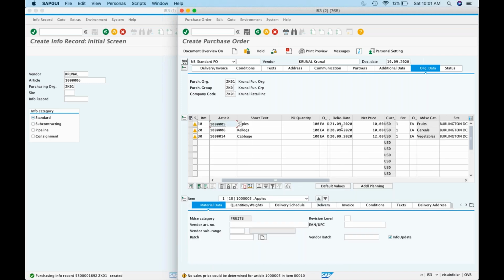Sales price is not maintained. That's just a warning. That's fine.